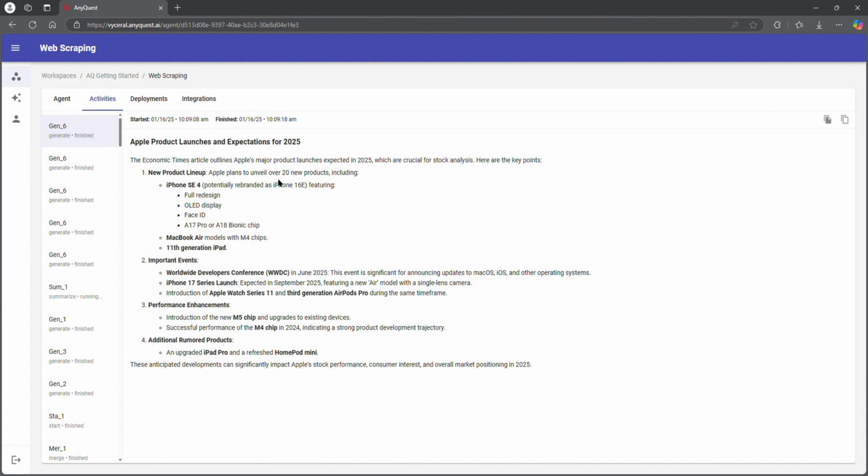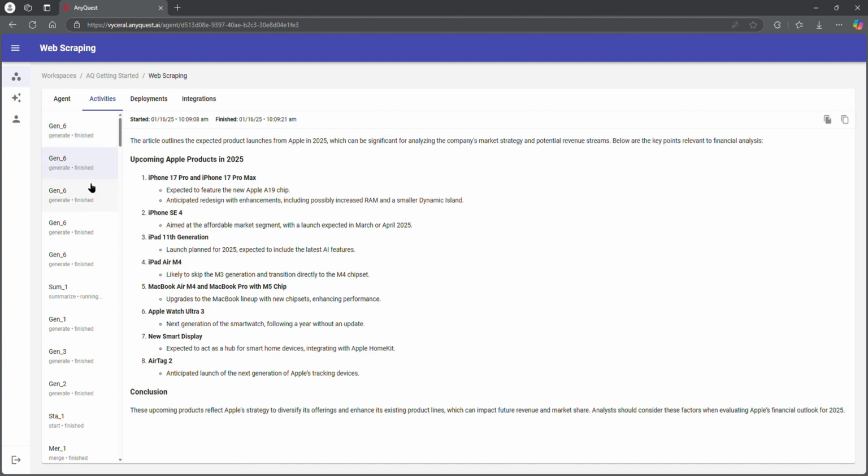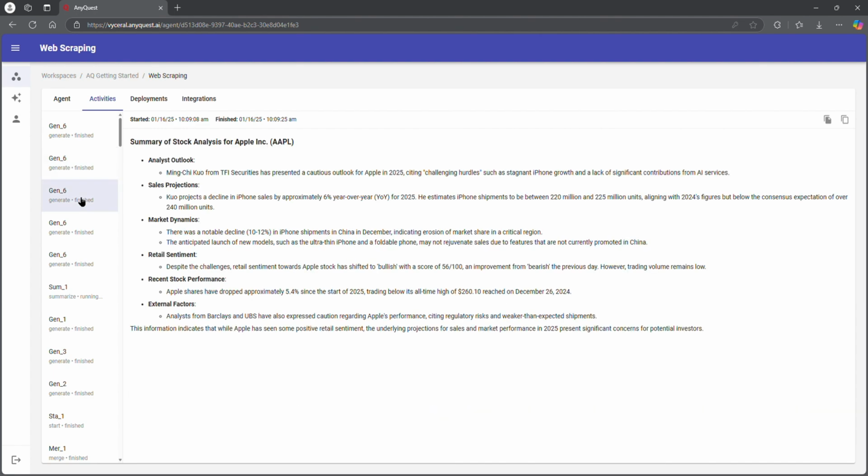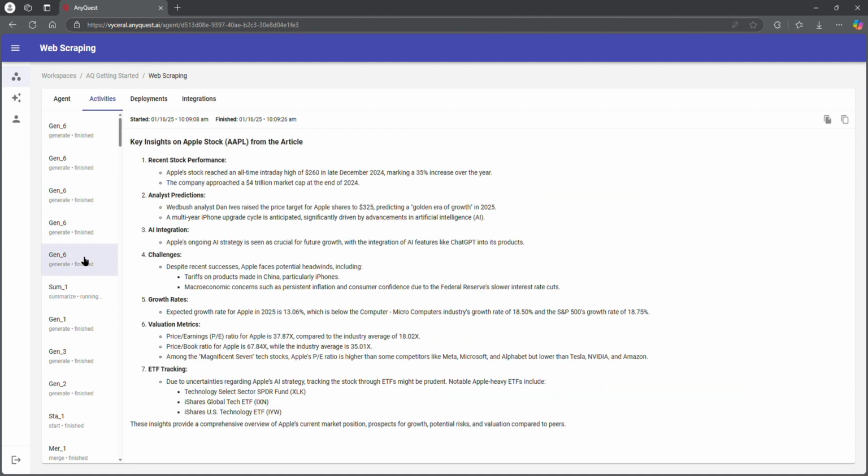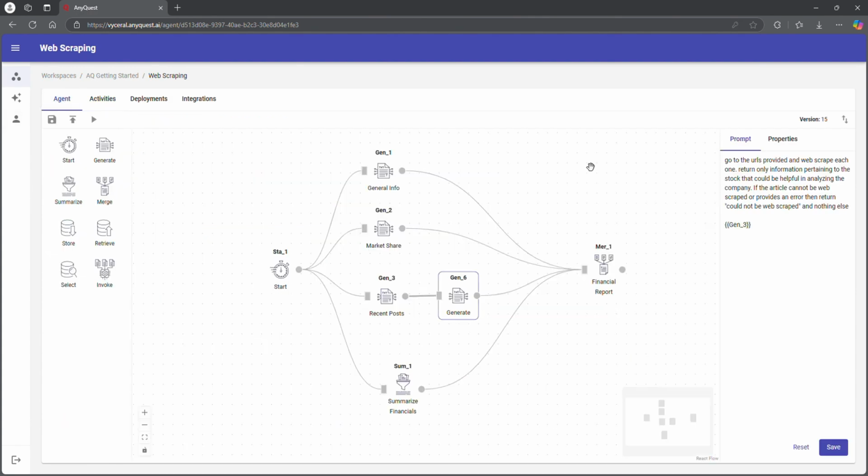So here we have one of those URLs. You can see it gets pretty detailed in summarizing the article. We'll just scroll through a few of the others. Alright, so we see here it was able to web scrape all of the URLs that it passed through. I think it would also be nice to have that URL in here. So the other thing we could do is just type in